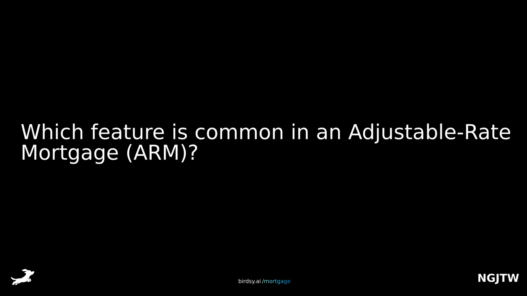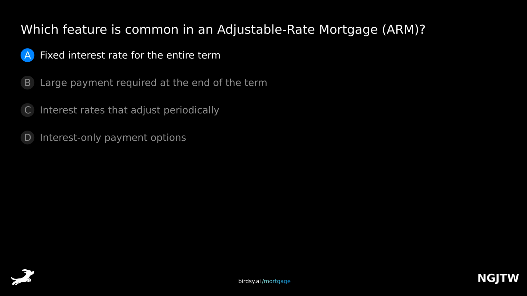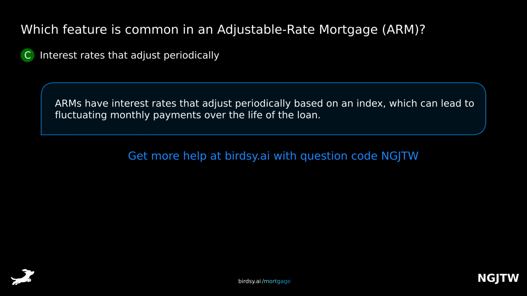Which feature is common in an adjustable-rate mortgage? Is it A, fixed interest rate for the entire term? B, large payment required at the end of the term? C, interest rates that adjust periodically? Or D, interest-only payment options? The answer is C, interest rates that adjust periodically. ARMs have interest rates that adjust periodically based on an index, which can lead to fluctuating monthly payments over the